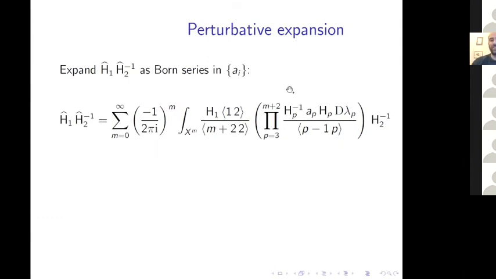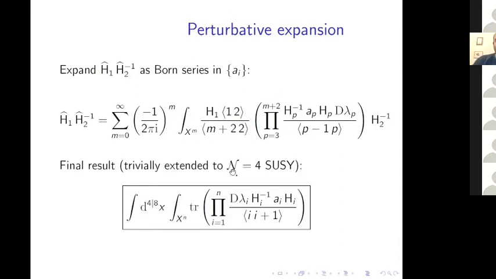I don't want to bore you too much with the details of unpacking it. The upshot is that it gives you straightforwardly an expression for the endpoint MHV amplitude on a self-dual radiative background. Here I've written this in N=4 supersymmetry language just to make it a bit more of a homogeneous expression. It's easy to write it for pure Yang-Mills as well. We just get one integral over space-time position, an integral over n copies of CP1, a trace, and then